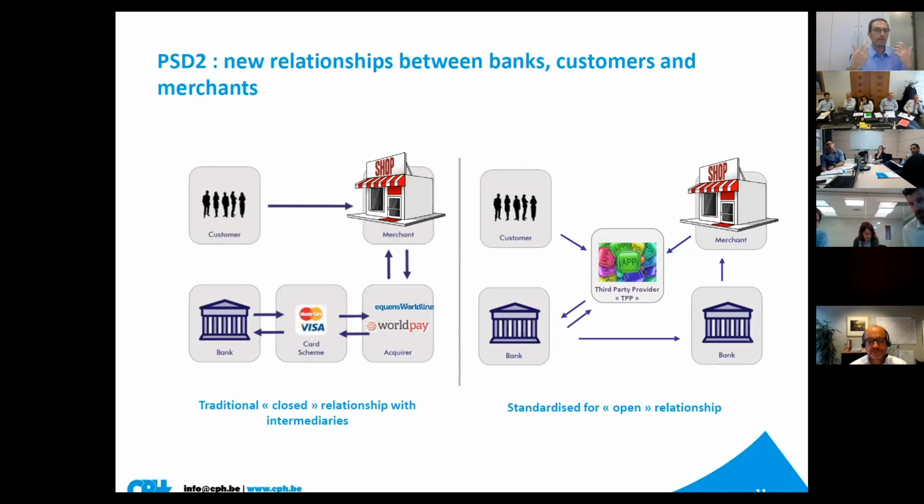Now, for the moment, we see that Visa and Mastercard are trying to keep their market share. The question is, they could also present themselves as a TPP, but then it means that all the investment that they did in their traditional scheme, they will lose all that. So for the moment, it's difficult. The impact is there. We still have to wait and see how they will position, but it's something that can shake the